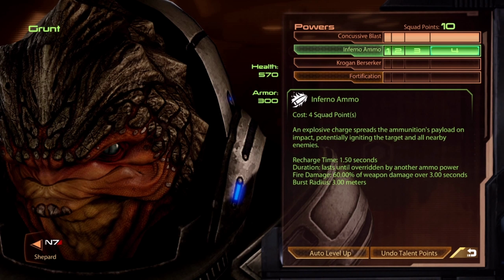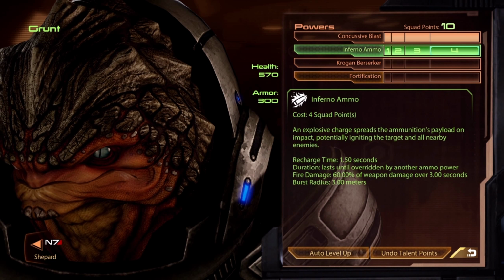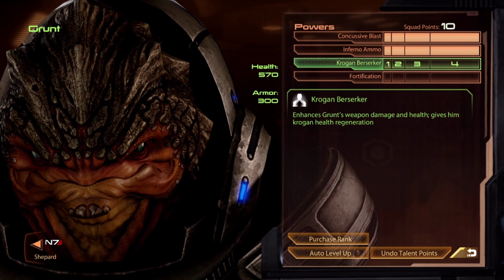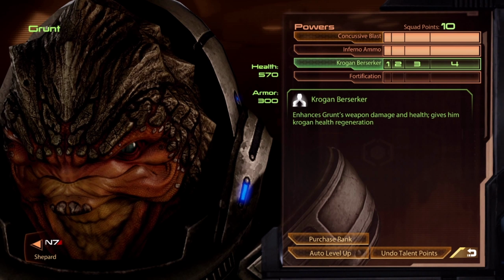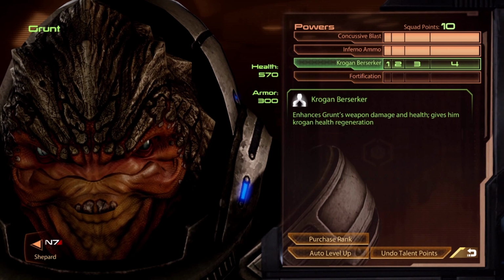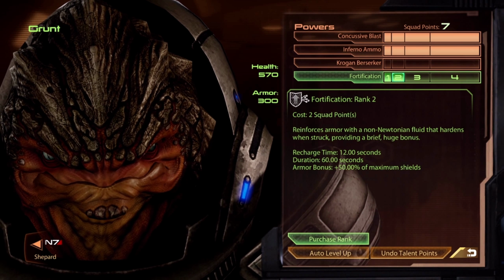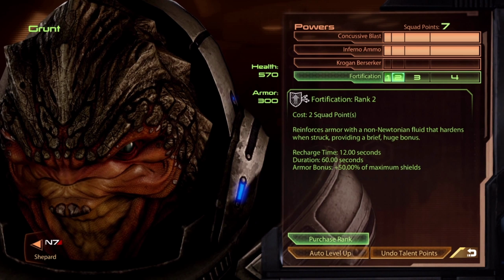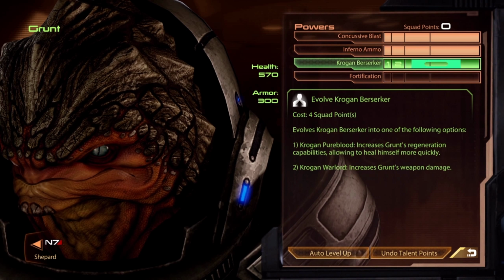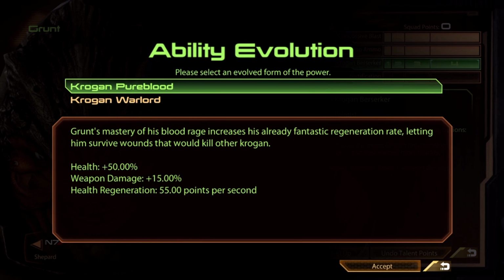You could try maxing Fortification and Berserker to try to make him as tanky as possible, and then he'll have to just blow all of his cooldowns on Fortification. What you would do in that case is do like 2 points in Concussive Shot and then give him like level 3 Incendiary. Oh, what the shit am I doing? I almost got Fortification. I'm not going to use Grunt all that much, so...